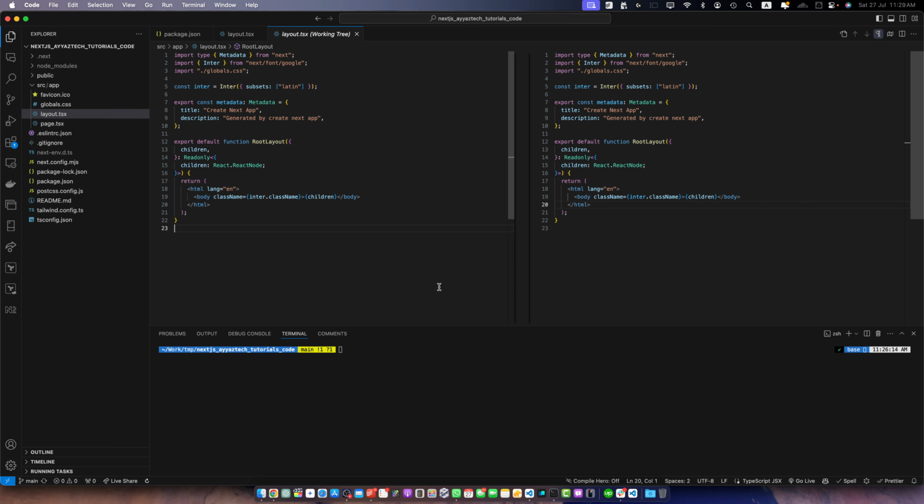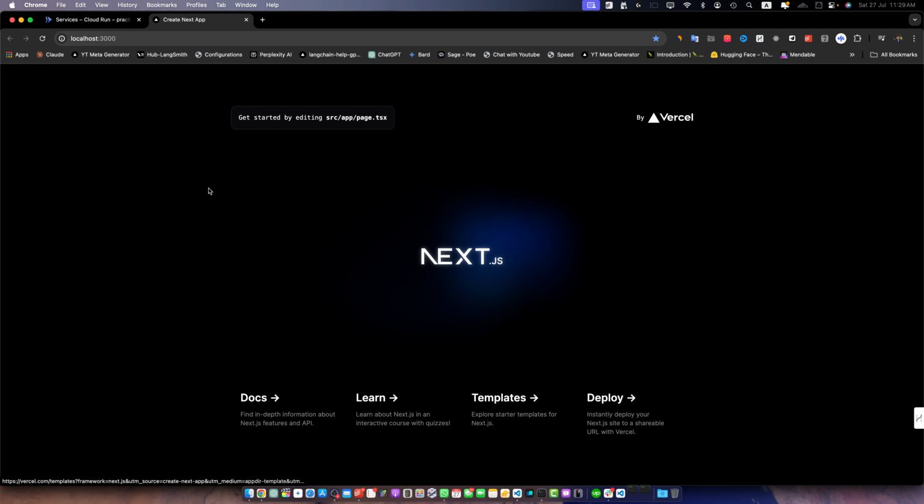So let's begin. First of all, open your project and start it. This is my existing Next.js project. Let me just start it in the browser to show you what we have currently. npm run dev. Okay, now it is running on port 3000, as you can see. This is a basic starter project.